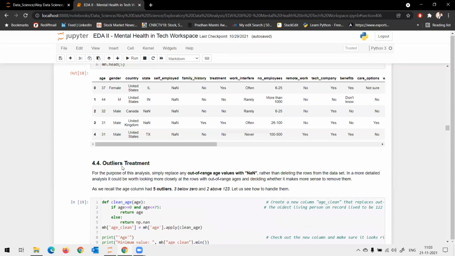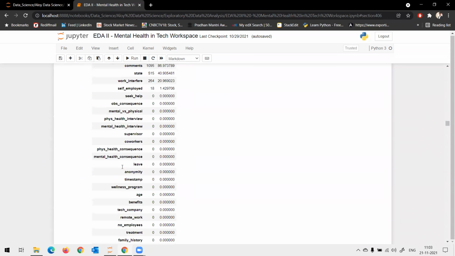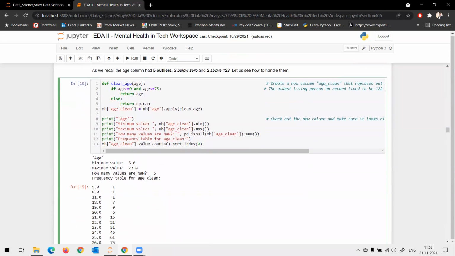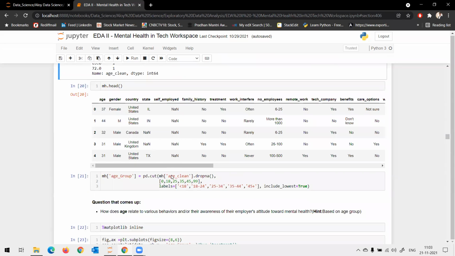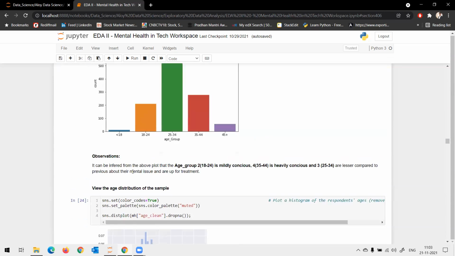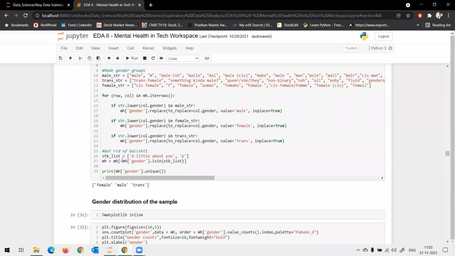did outlier treatment also, and while fixing the age column, we had to remove 5 rows. Okay, and while fixing the gender column, once again we had to drop a few rows. That is, in place of gender there were some junk values like a little about you or just a word or letter p.